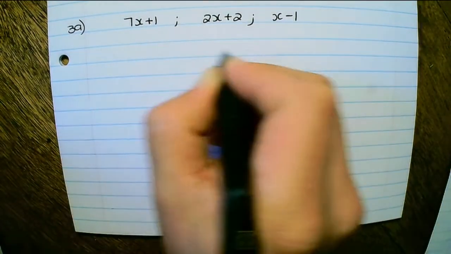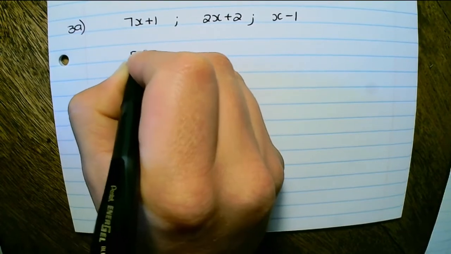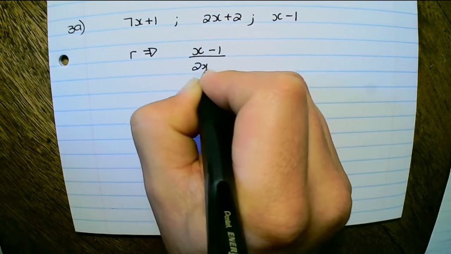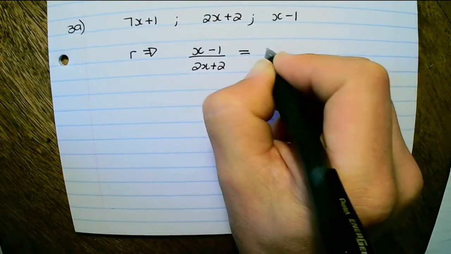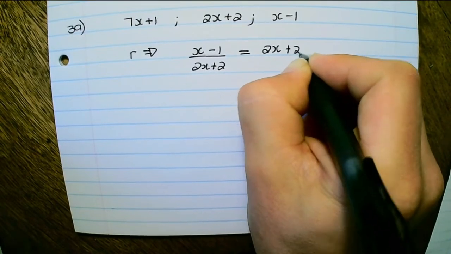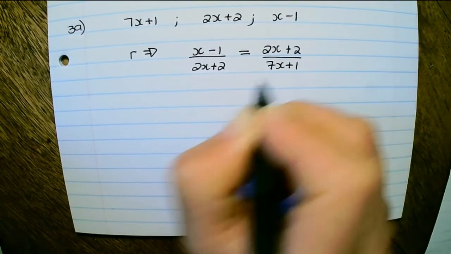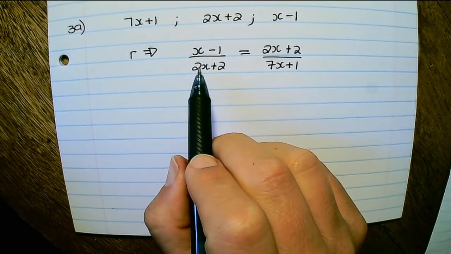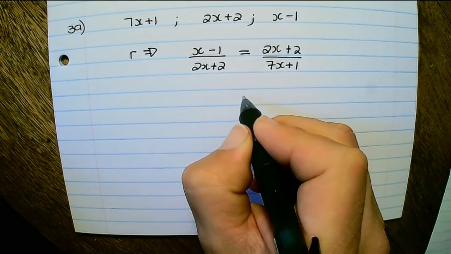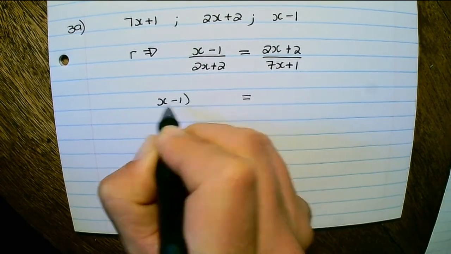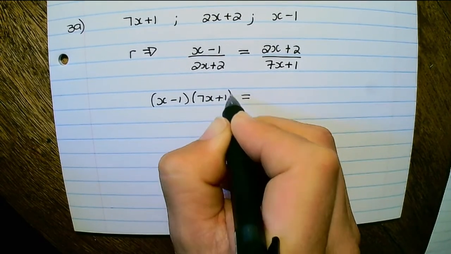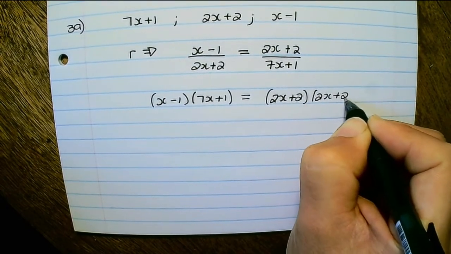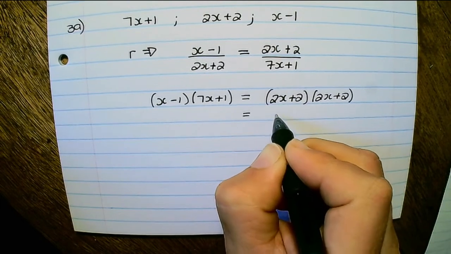Now if it is a geometric sequence, then the ratio can be determined by the third term divided by the second term, and that will be equal to the second term divided by the first term. And because these two ratios are equal to each other, we can solve x. So it will be x minus 1 times 7x plus 1 is equal to 2x plus 2 times 2x plus 2. And if I multiply out,